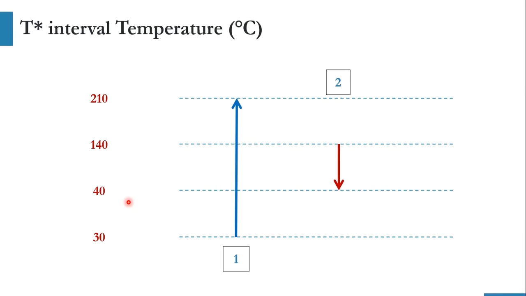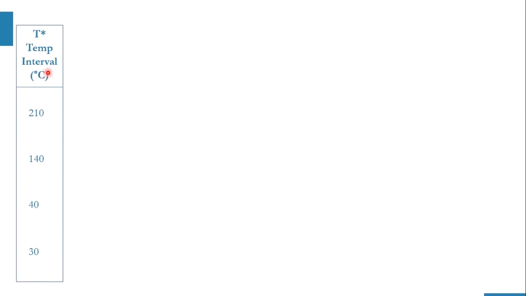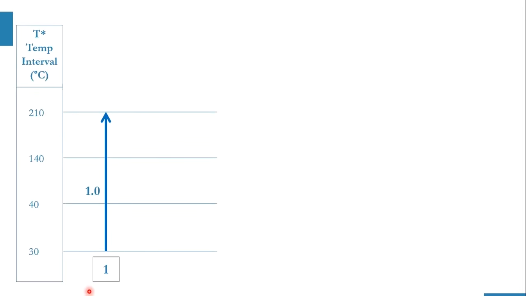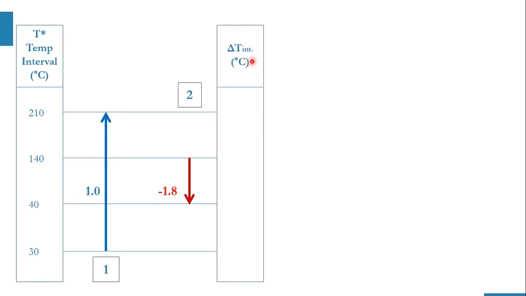This is very, very simple. But now the bigger part will come. I have divided this activity into smaller parts so that you can understand the problem table approach, because this is our first task. Now, this is the T star temperature interval: 210, 140, 40, 30. This is the same interval. Again, number one stream, its Cp value is 1, and this is the hot stream, its Cp value is minus 1.8. Obviously, I have placed a minus because in the formula it was Cp of C minus Cp of H, so it will be easier for you to subtract it. And now the delta T interval. As you can see, the temperature difference is 70 degrees centigrade over here. So it is plus 70.